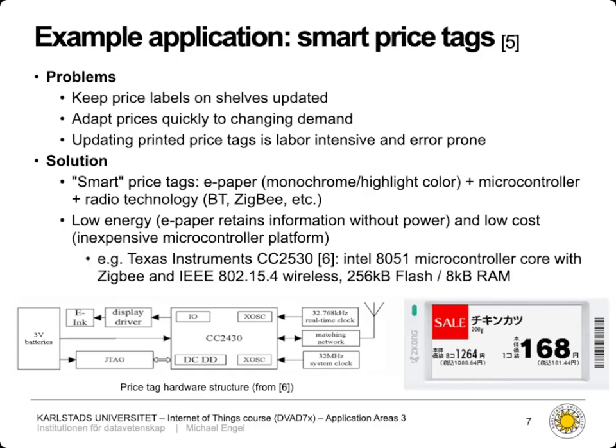And here on the lower left-hand side, you see a proposed design of such a price tag with the previous version of that Texas Instruments chip, the 2430, which is pretty identical. So you can see that in essence, most of the components are integrated on that chip. So not only the microcontroller, but also display drivers, wireless components, and so on. So essentially, this is a one-chip solution with a very simple antenna and an attached display, which can be controlled